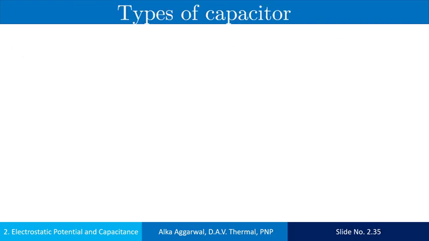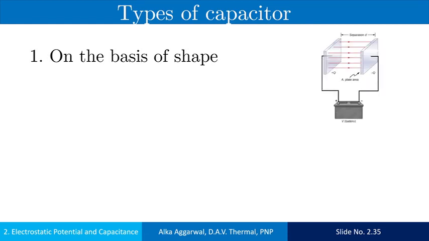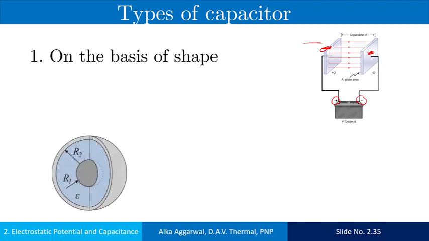On the basis of the shapes, the materials used, and the strength, the capacitors are put into different categories. Let us discuss them one by one. On the basis of the shape, the capacitors are parallel plate capacitor. It is the diagram of the parallel plate capacitor. These two plates are parallel to one another, and the plate which is connected with the positive terminal of the battery attains positive charge, while the plate connected with the negative terminal of the battery acquires the negative charge. This is a cut section of the spherical capacitor.